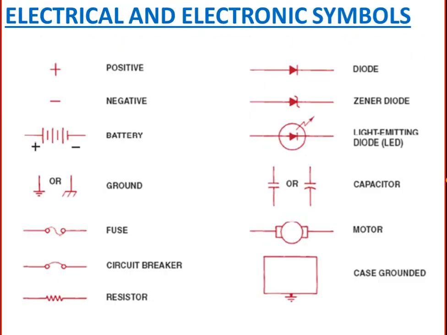So here some typical electrical and electronic symbols used in automobile wiring and circuit diagrams are shown. Symbols are used to represent various electrical components. These are referred to as schematic symbols and are used extensively in automotive publications for diagnosing electrical concerns. So you can have a look at this. Some of the electronic and electrical symbols are given here, for example, battery, light emitting diode, that is LED, capacitor, motor, fuse, circuit breakers, etc. You can have a look.